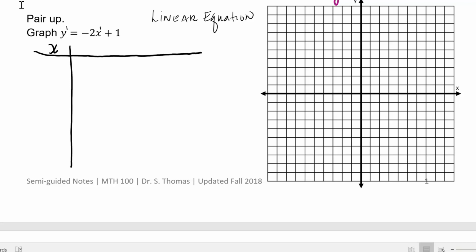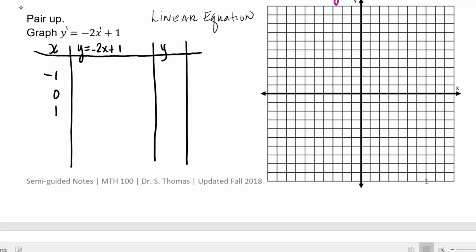And since this is a line, you could choose 3 points and 3 numbers for x. For example, negative 1, 0, and 1. And then what I'm going to do is write out our equation, y equals negative 2x plus 1. We're going to fill that in. Then we're going to write what y equals to. And then we're going to turn around and write the point,